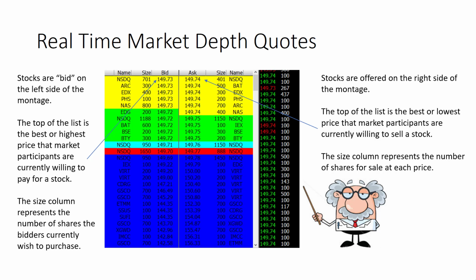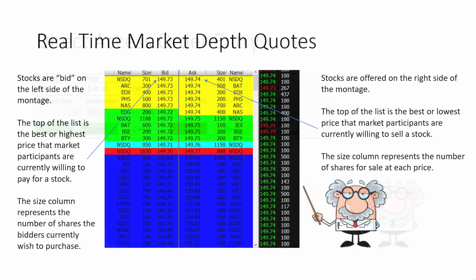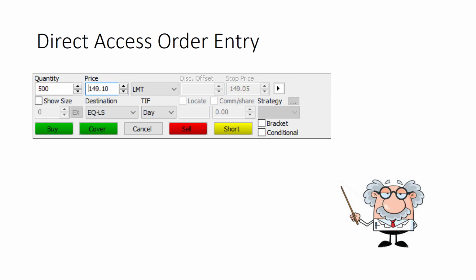This is just how I've had mine set up for the last 20 years or so, and we're all creatures of habit, right? So I don't like to change this too much. When you're entering orders in a direct access order system, they can look pretty similar to what you're doing in a portfolio management system or in something that's really designed to handle trades over the longer term.